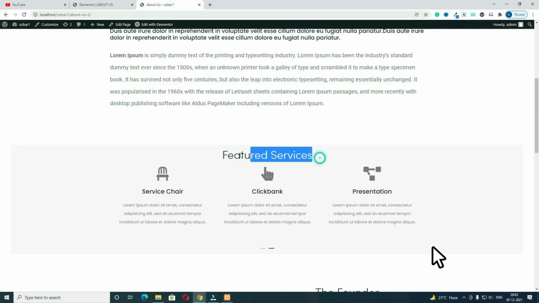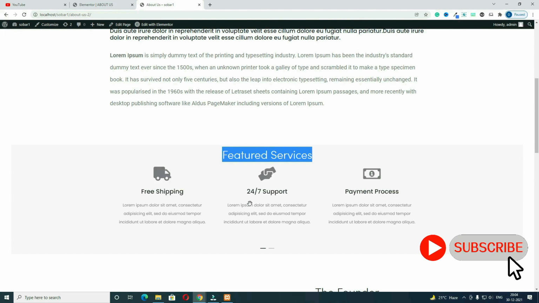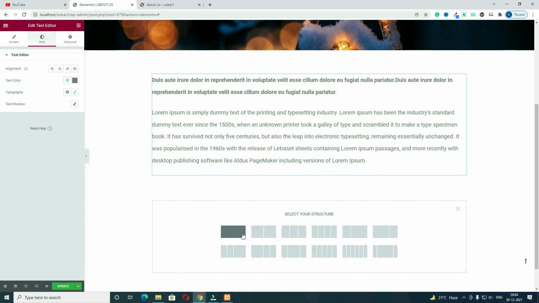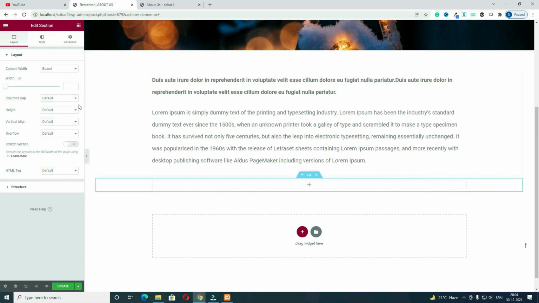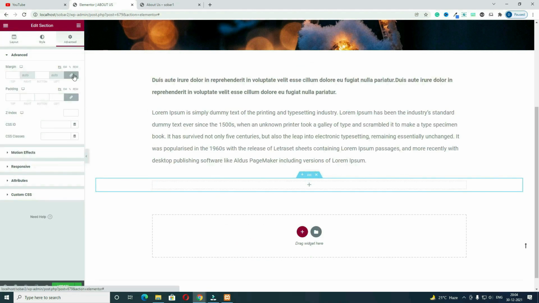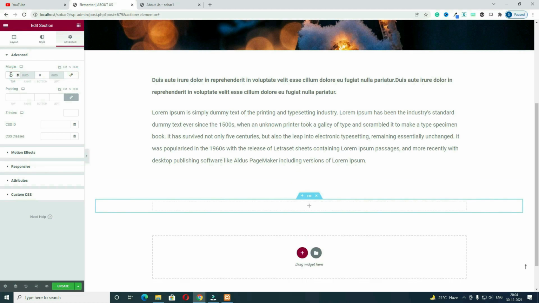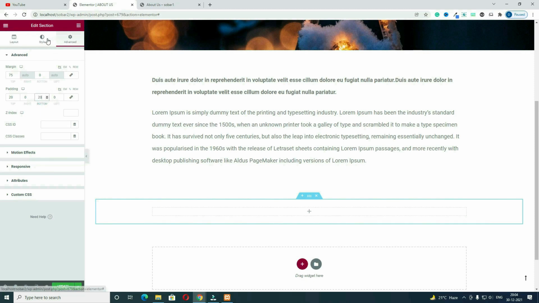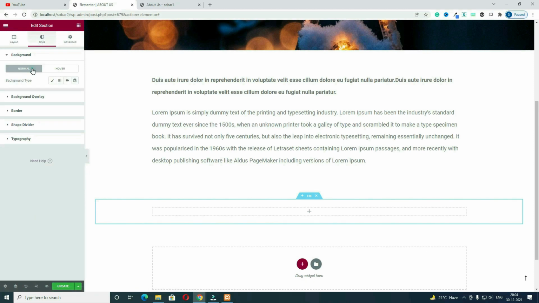So next, I need this features service heading, and after that, I need this icon box slider. So let's come back here again. Again, click in this plus option, take single row, single column. Here also I need some top margin. Come back to the advanced option, unlock the margin, and margin top I am giving around 75 pixel. And here I need some padding also. The padding top I am giving around 20 pixel, and even in the bottom I am giving the padding around 20 pixel. So let's come to the style option now. Here you can see the normal option.